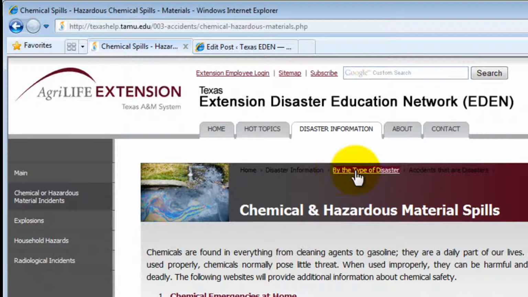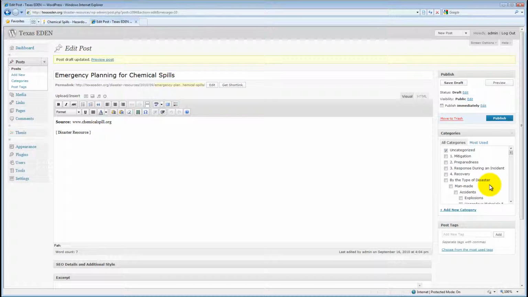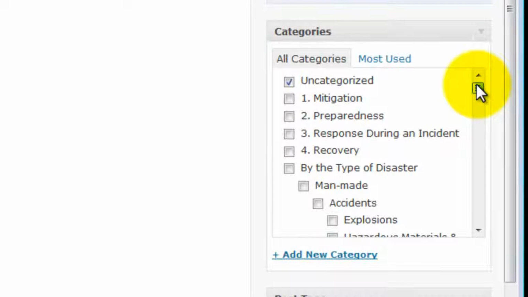So it's by the type of disaster, accidents that are disasters, and then this one's called chemical and hazardous material spills. They're not going to be exactly the same on the new categories, but it'll give you a better idea. So we're going to scroll through this category list